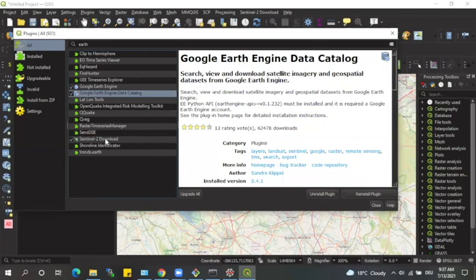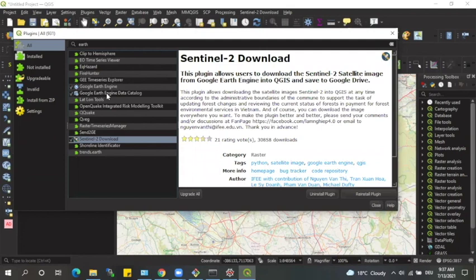In my experience, these two plugins, that's the Sentinel-2 download and the Google Earth Engine data catalog, compared to the semi-automatic classification, are not the best, for the simple reason that the data that comes out of that is a little bit disorganized.